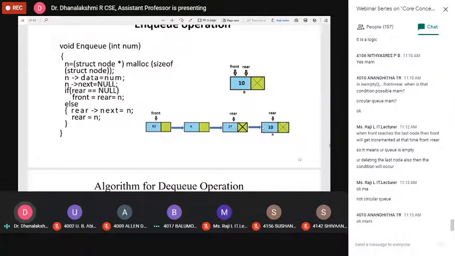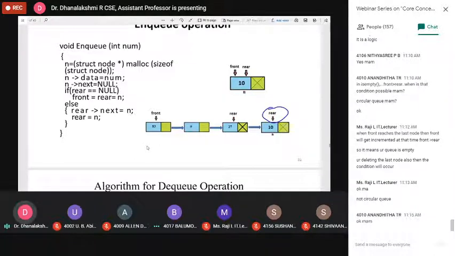What is the next step? Now we have to change the rear position also. So how can we change the rear position? How do we write the code? Rear is equal to n. That means now rear is updated. Now rear is pointing to the new node.